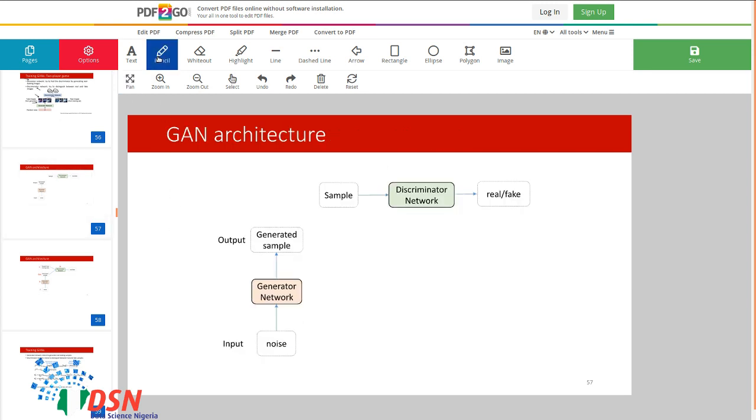Each network is like this. The generator network takes noise as the input, then generates some samples. On the other hand, the discriminator network takes a sample and tries to classify it as real or fake.